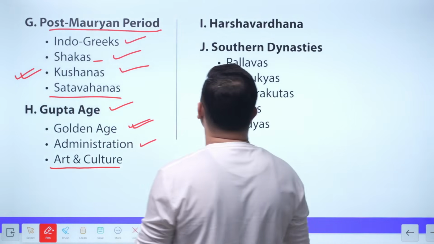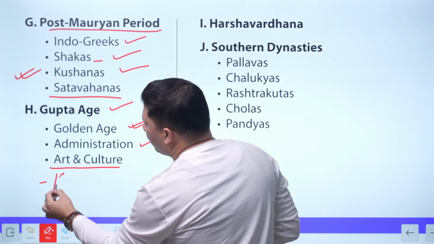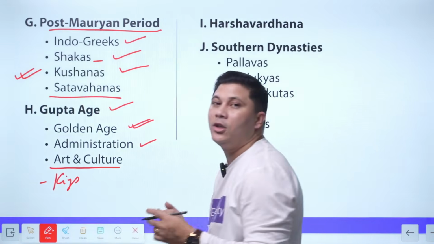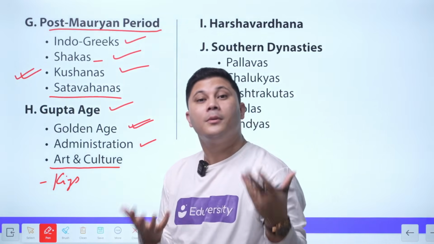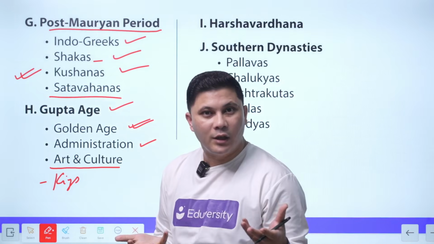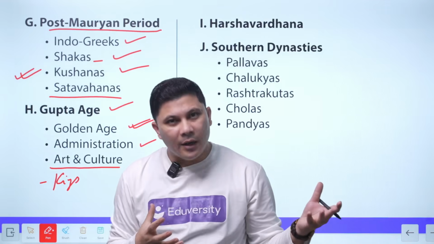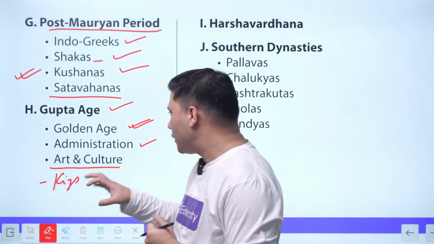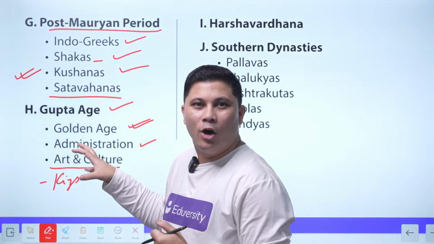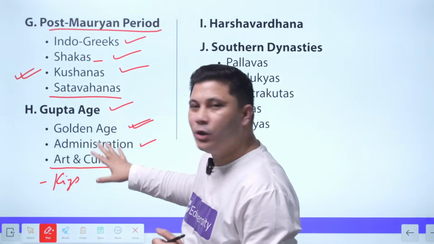After the Gupta age, and not only this, along with this you also have to learn about the Gupta kings, Chandragupta I, Samudragupta, Chandragupta II, Kumaragupta, how he founded Nalanda University, how Samudragupta was called the Napoleon of India. You got a point, right? What was the Greek name of Chandragupta I? You got a point, right? All of these things you will have to learn.